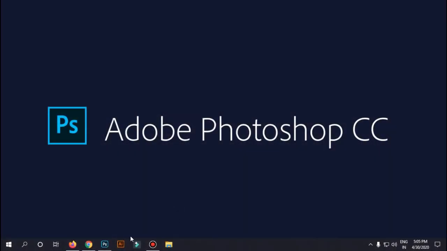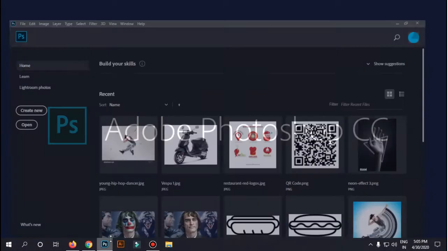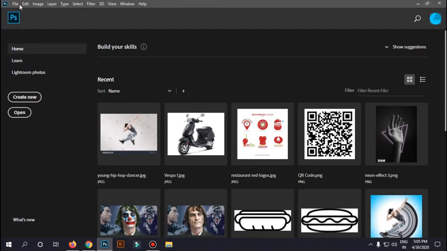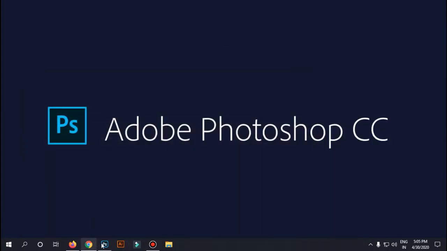Hi there, and today we are going to take a look at the layers panel. In this video I'll teach you how to work with layers. So I just opened up my Photoshop